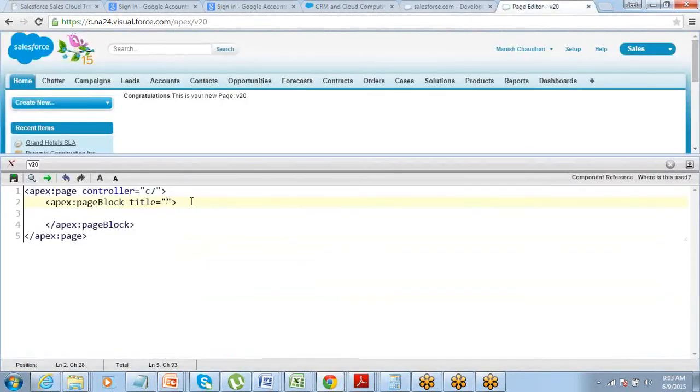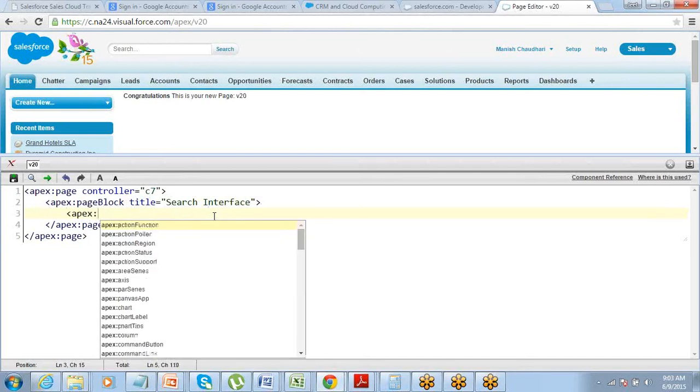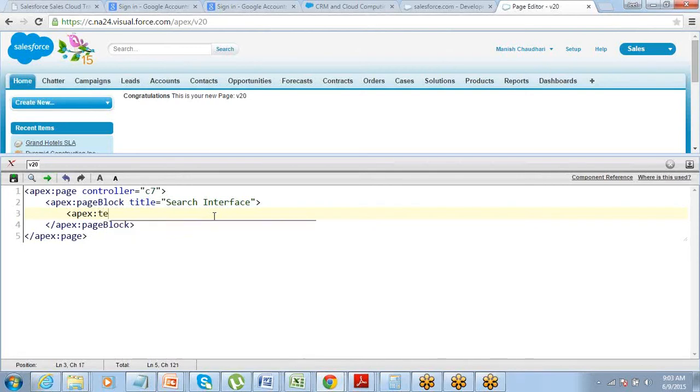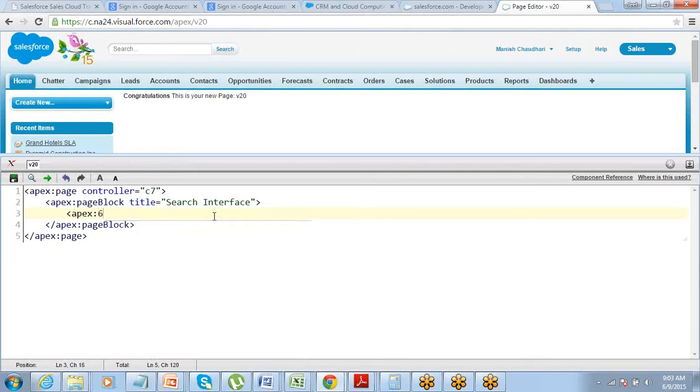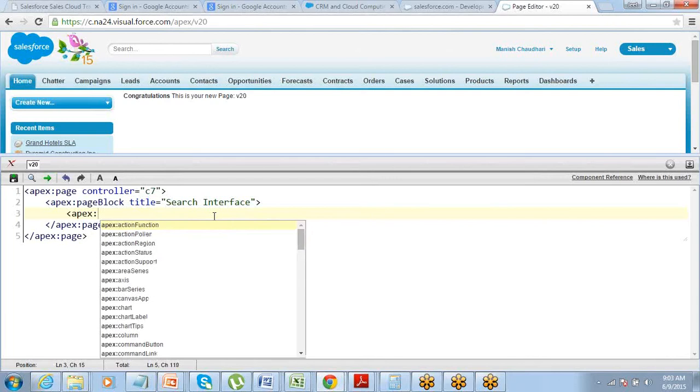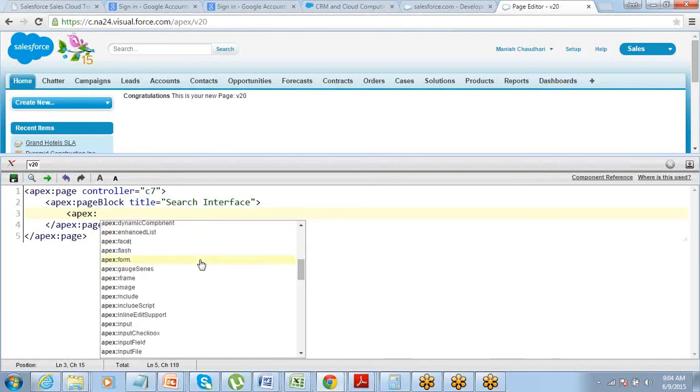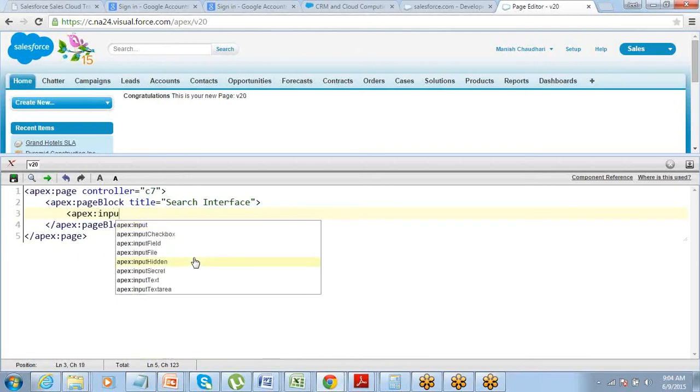Okay, let's call it search interface, and here you create Apex. Alright, input text.